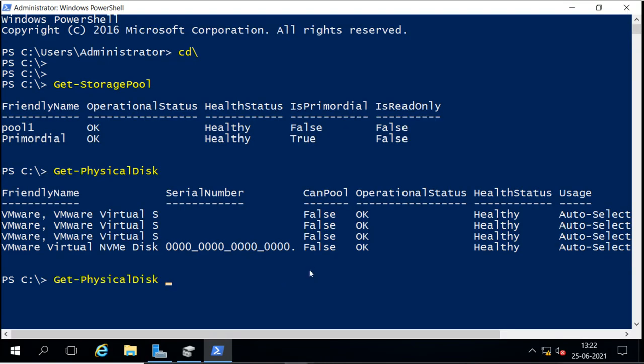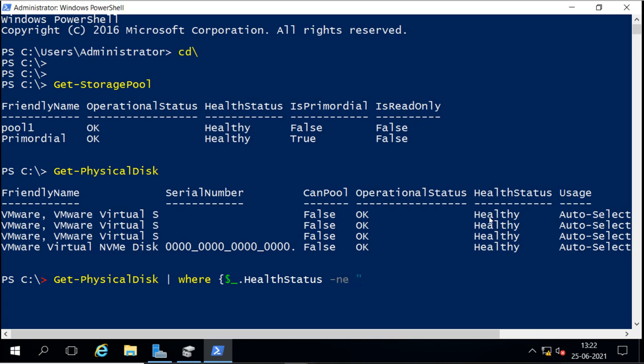I will add a pipe here and say from all the disks I want Where-Object, this variable HealthStatus, not equal to Healthy.